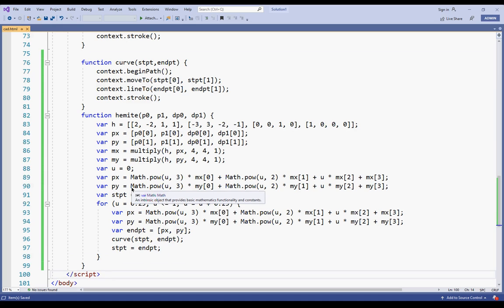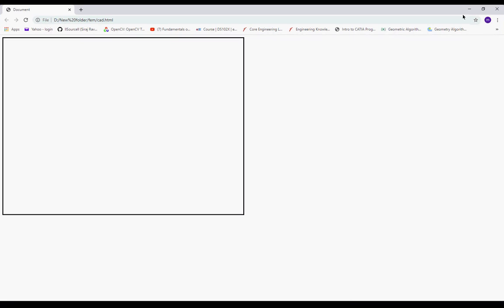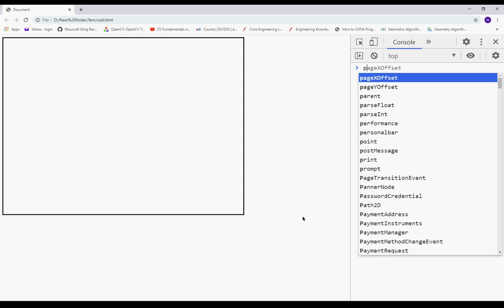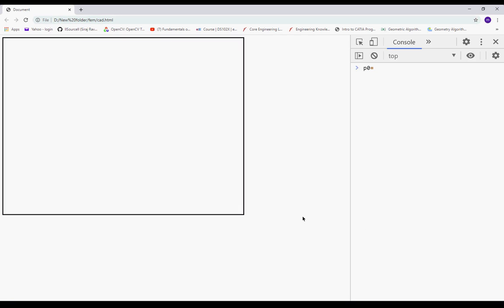Okay, so I just hit save. Fine, no issue. Then I switch back to the Chrome browser and press the F12 key. So let's create a point. P0 I create, and I'll give the coordinate as 0, 0.